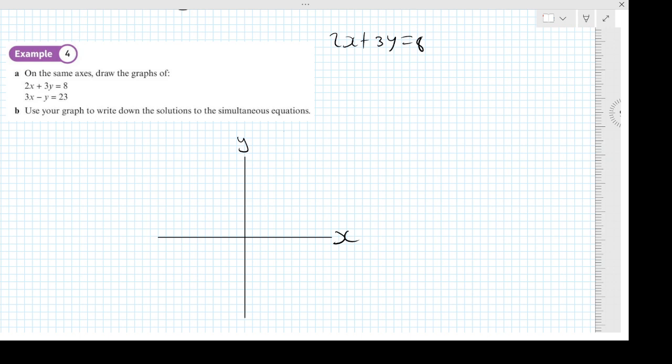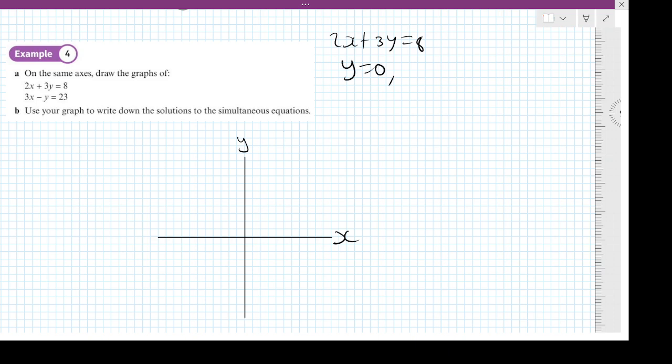So let's find 2 points. To do that, just substitute any value of x and y. Firstly, I'm going to choose y is 0, as that's a simple example, because then the 3y would go away to 0. So 2x is equal to 8, therefore x would be 4. So that's 1 point, which I can write as (4, 0). Another point,